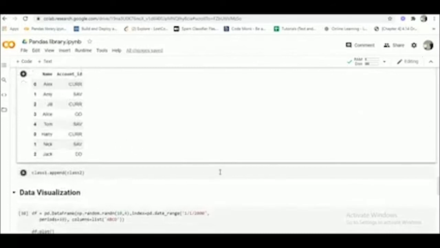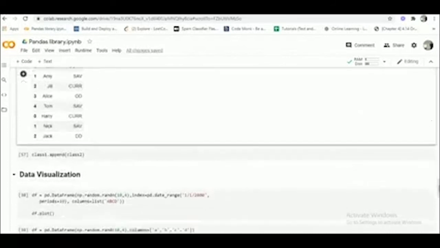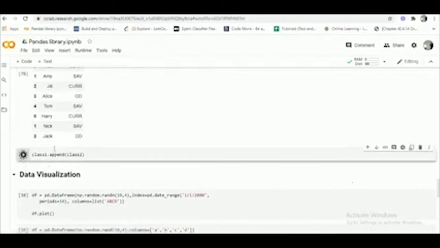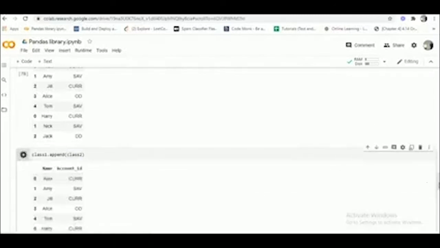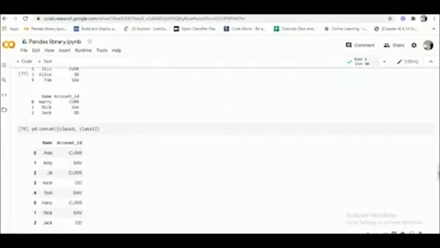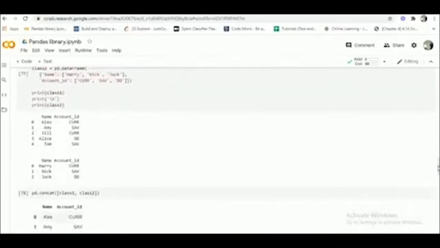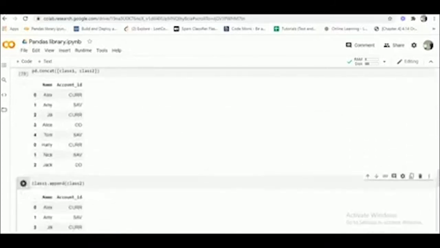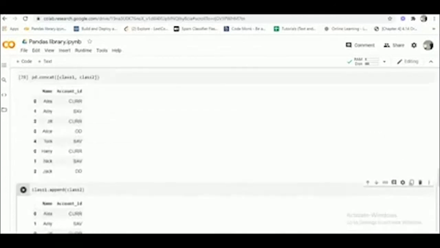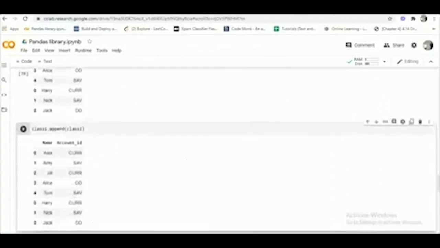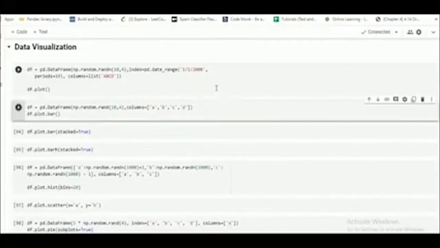These are concatenated. And if I use append, it also works the same as the concat method. So I got the same output, right.